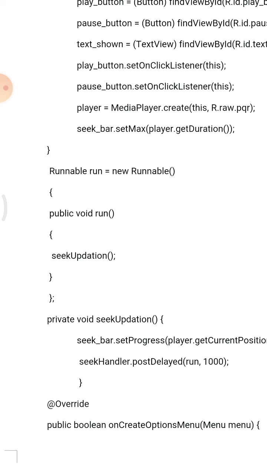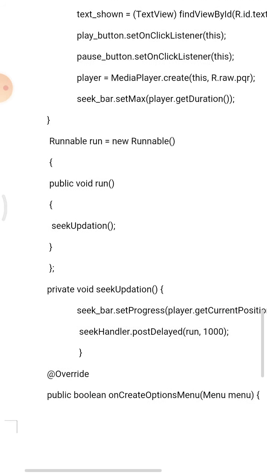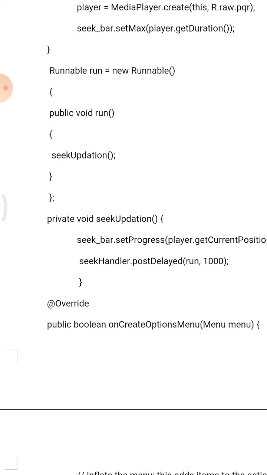Next, Runnable is the class, run is the object equal to new Runnable. Here is the creation of the object. public void run is the method. Whatever the seek updation may be, it is continuously captured by this run method.